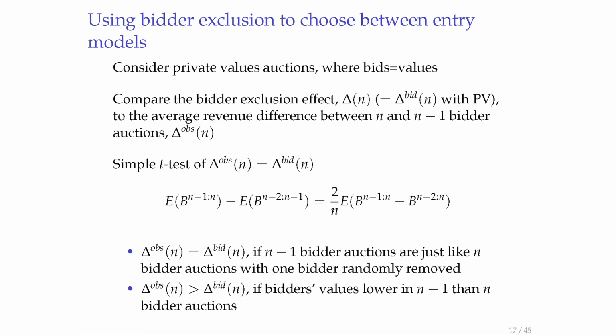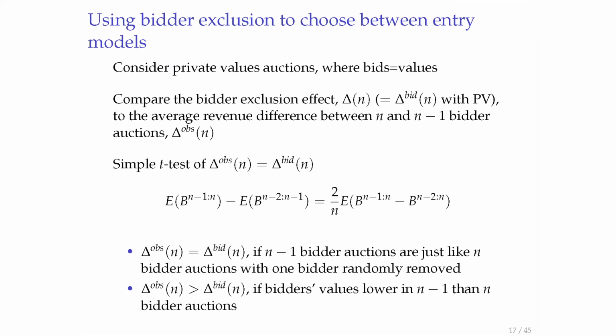If they observe some signal about their values before entering, then it's unlikely that valuations are going to be independent of n. There might be some sort of selectivity into the auction here. And when you know the bidder exclusion effect, then this is testable. This is something you could test. And the idea is just that